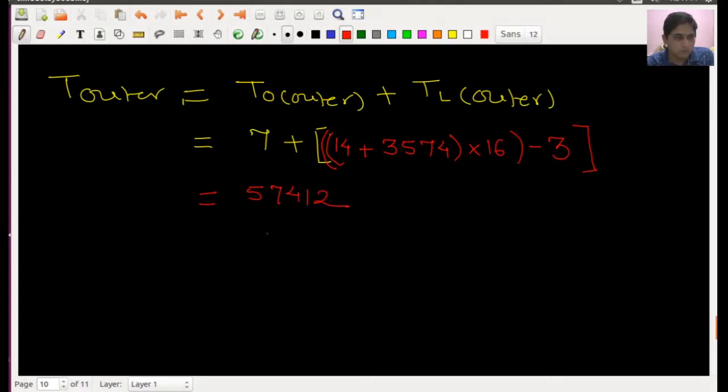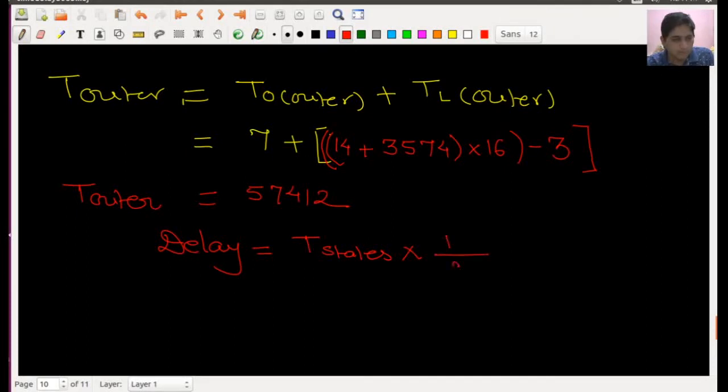Now this is the total outer loop T states. When we are calculating the delay, again we will use the same formula for the execution time. The execution time is given by the total number of T states times 1 upon fc.